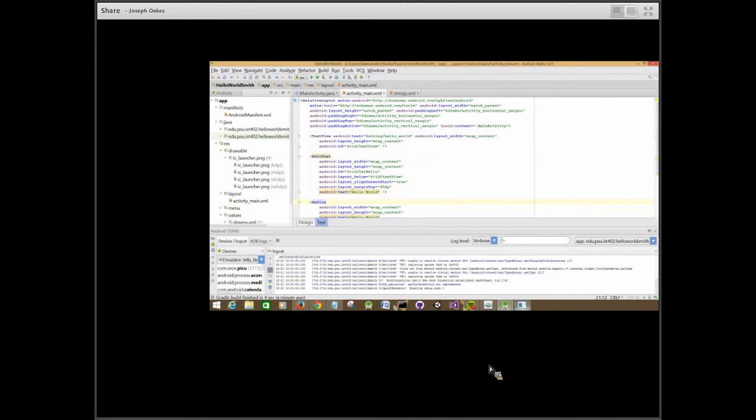So we have the method, and what we want to put inside the method here is, again, we want to find the view that we're looking for. So I'm going to look